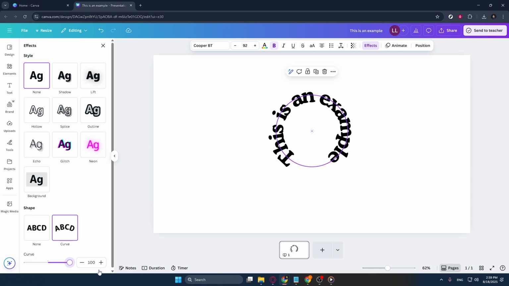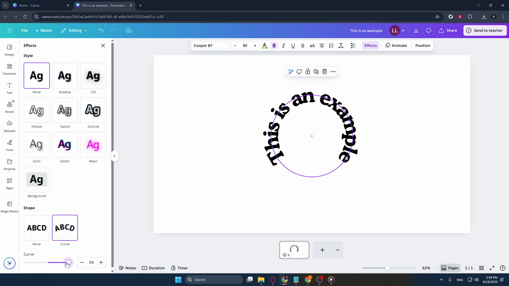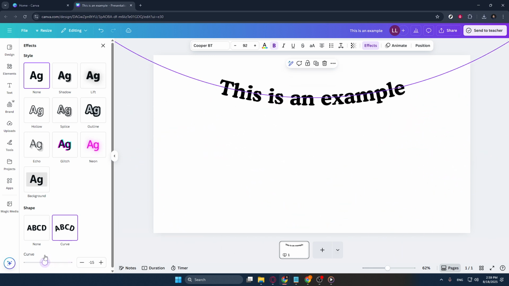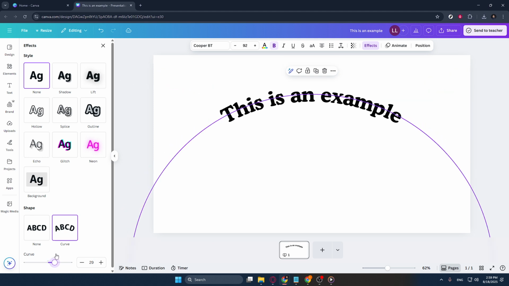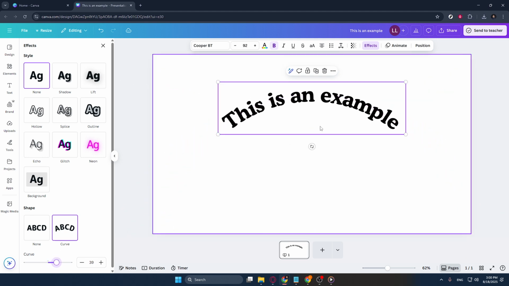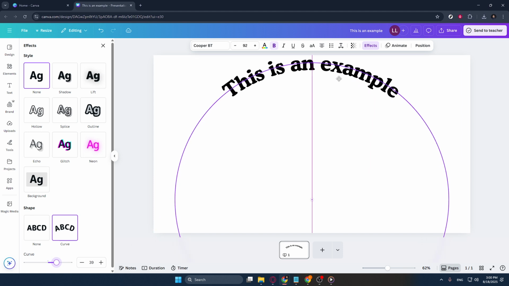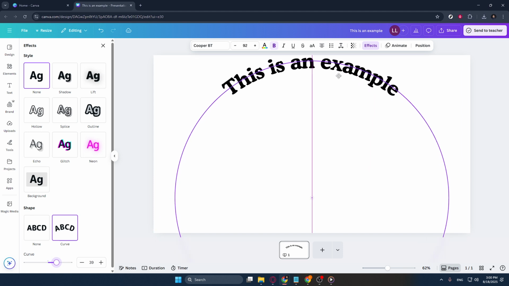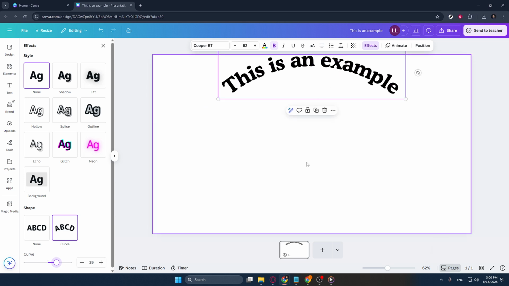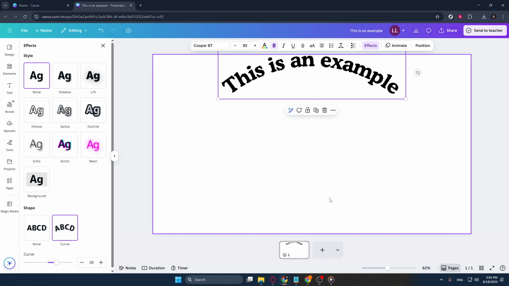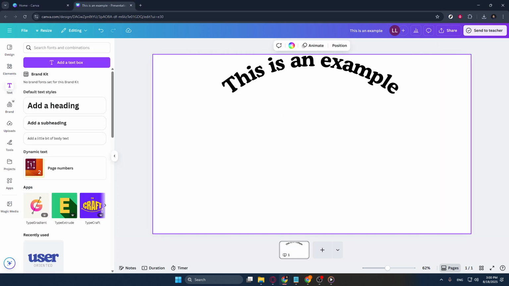With these simple and straightforward steps, you've successfully learned how to add curved text to your Canva design. This feature not only adds flair, but is also highly versatile within a wide range of creative projects. Whether you're aiming for a playful look or something more modern and streamlined, curved text can be a great tool in your design kit. So go ahead and experiment with different fonts and curve configurations to discover what works best